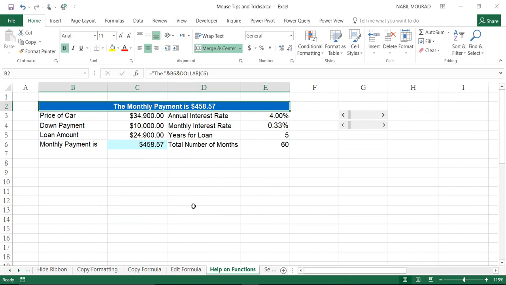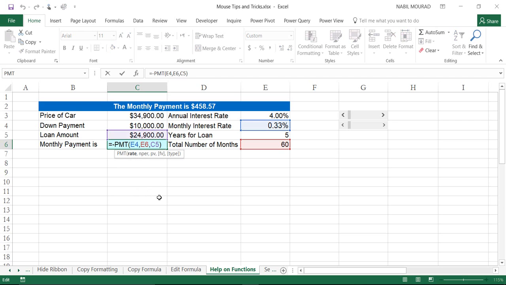We have 461 built-in functions in Excel. If you want to get help on any function, you can do that simply by double-clicking to put the function in the edit mode, as I showed you in the previous step. And here, when you put the function in the edit mode, you are displaying the screen tip of that function. And if you hover over the screen tip of the function, the mouse pointer changes to a pointing